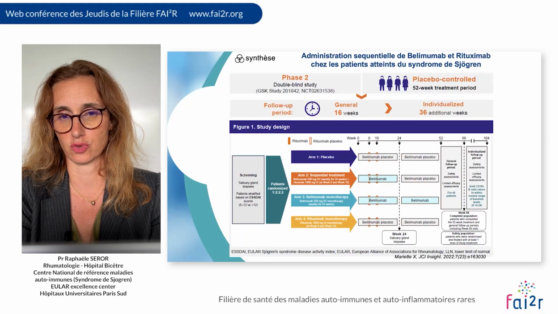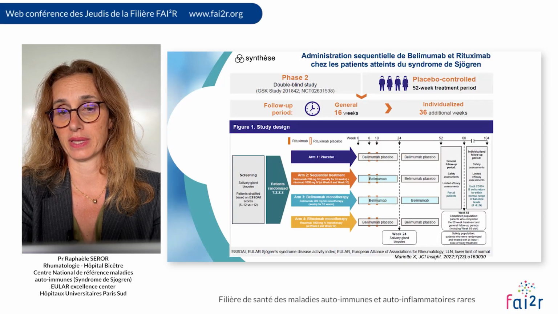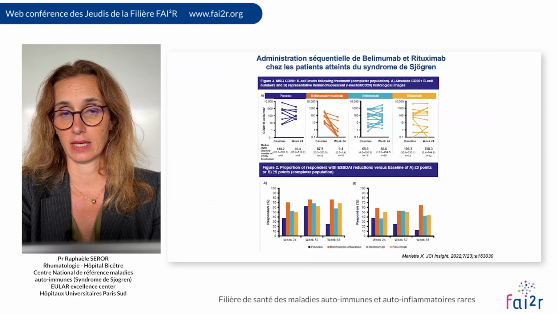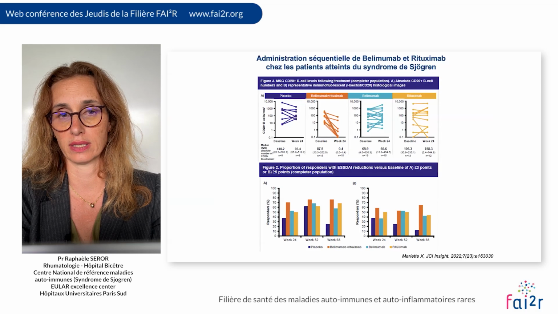This has been tested in this trial where there is an arm of double placebo, an arm with the sequential belimumab and rituximab treatment, an arm with belimumab, and one with rituximab alone. In this trial, the association of both drugs is the orange one, and you can see on the pattern on the top, which represent the number of B cells in minor salivary gland biopsy, that there is depletion of B cells in the tissue only in the subgroup of patients that receive the association,